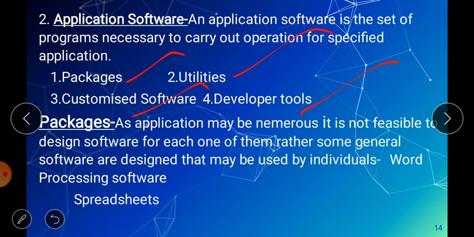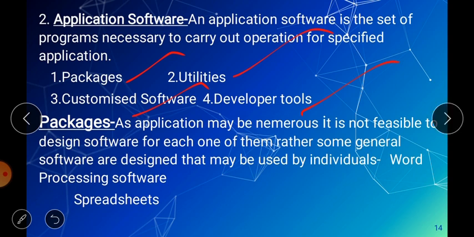So the packages are generalized software. Means by looking at the need of everyone, these softwares are created. This is not any specialized software, this is simply generalized software which can be used by anyone